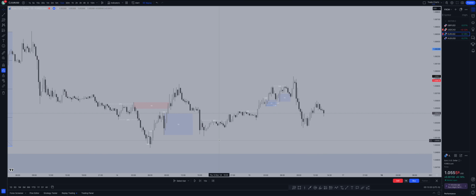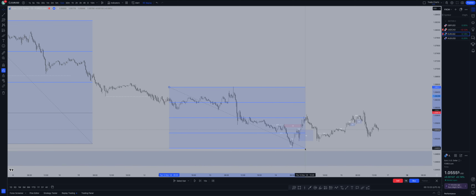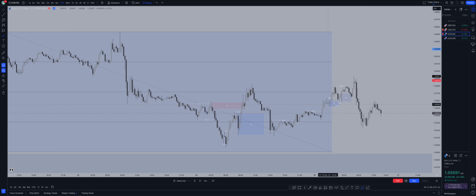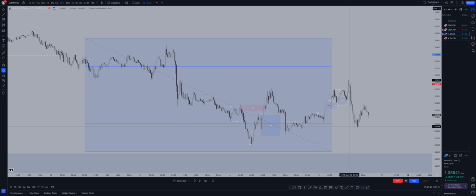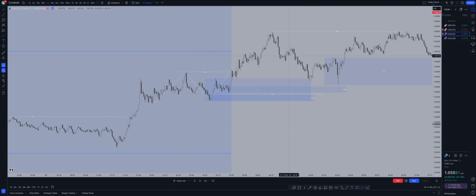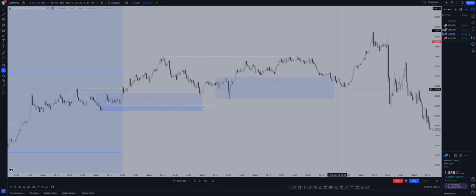So now as price goes on the 15-minute, our session started right around here. We had a break to the upside, retrace, another break to the upside, retrace, break again, and then fell. And then after that, there were no more POI. So let's take a look and see what was available here. So after this first break, we had a 1 refinement. Price didn't come back down to it, so nothing there.